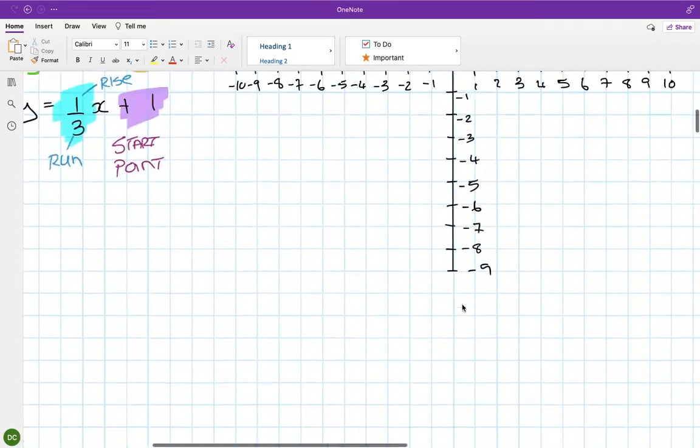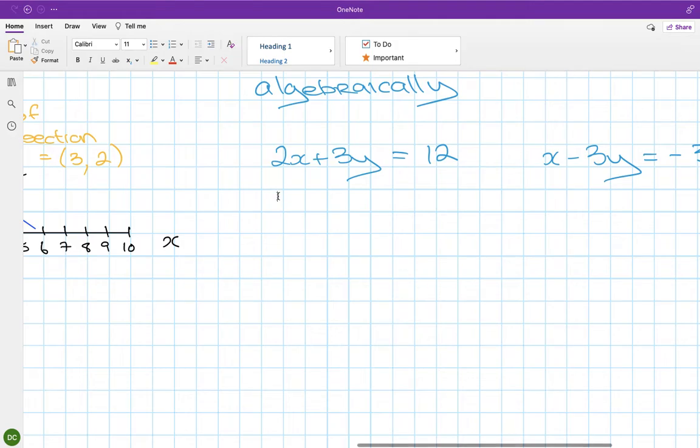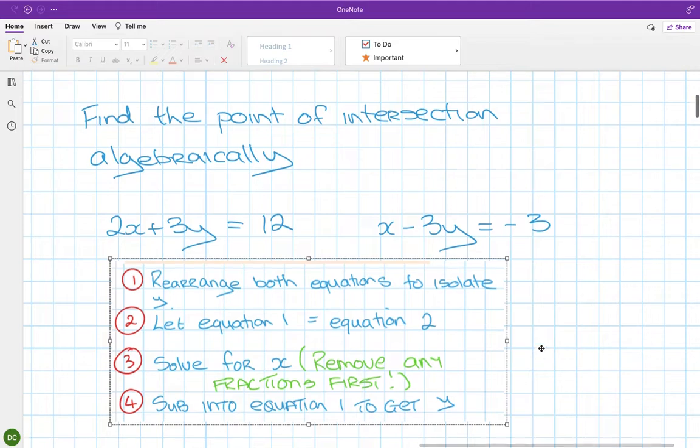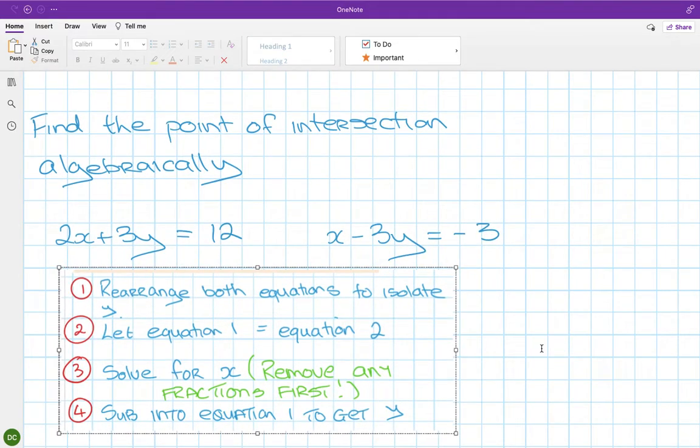So I'm going to show you how I do it. The reason is that we already know how to do these things. We do it for the line, so why would we kind of undo it? Okay, so the way I do simultaneous equations, and when you're finding the point of intersection algebraically, what you are doing is